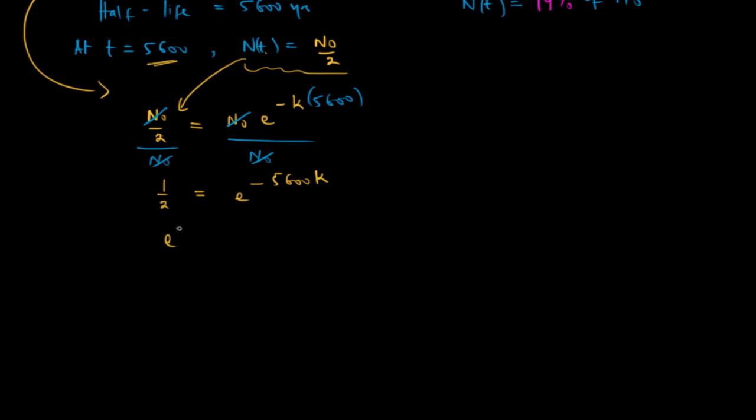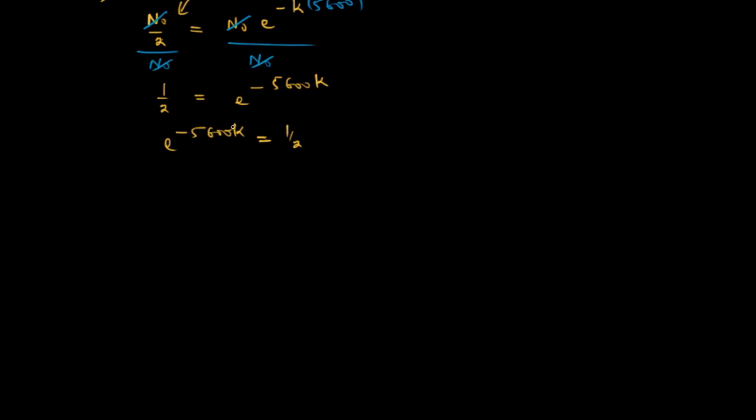So which is the same thing as e to the power negative 5,600k equals 1 over 2. Again, our aim is to find k. So we'll take the natural log of both sides. So this becomes the ln of e to the power negative 5,600k equals the ln of 1 over 2. When you take the logarithm of this, the exponent becomes the coefficient. You have negative 5,600k